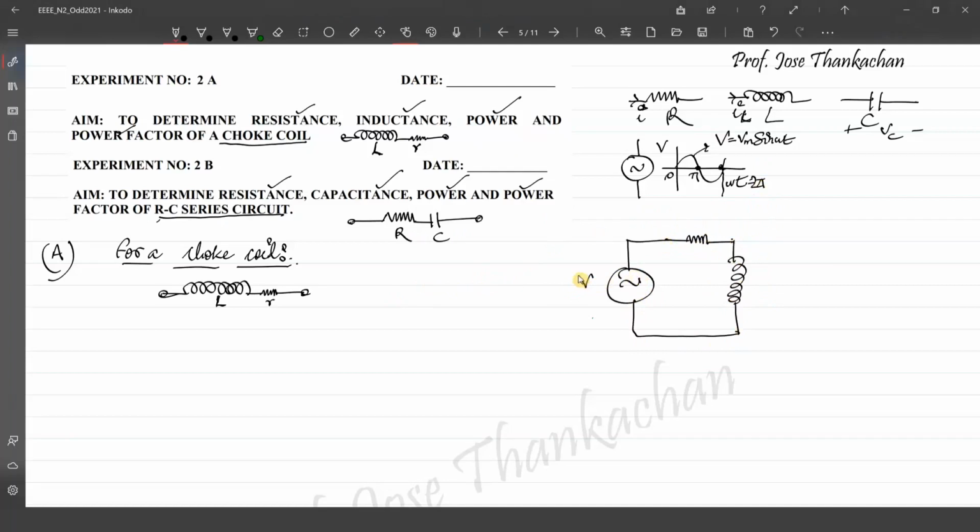Let the voltage magnitude be V. When I say V, it is not constant DC, it is an AC voltage source. Let me say this has a resistance value here and an inductance here. This is a general circuit I'm representing, and I'm going to find out what the response in this circuit is, because we know that whenever there is a voltage source,